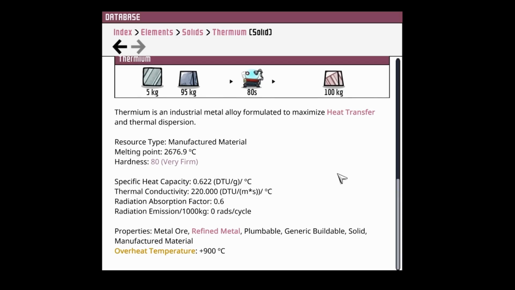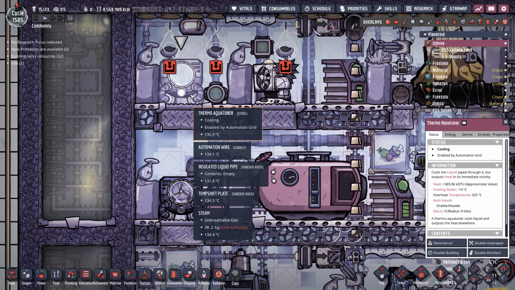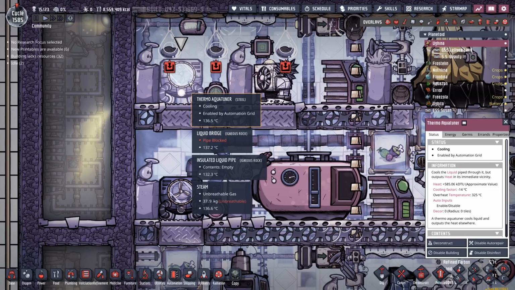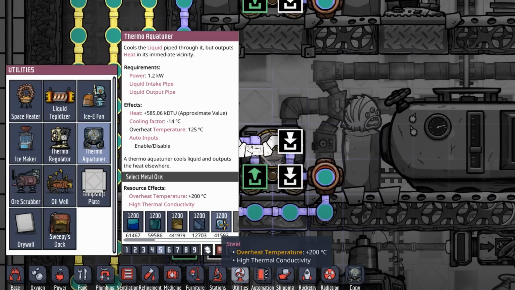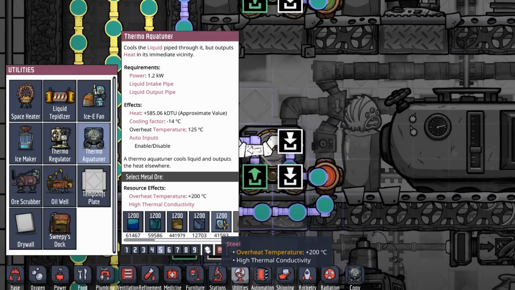The first and probably the most important thing about thermium is that its overheat temperature is plus 900 degrees. This makes it incredibly useful as a very late game tech. The reason why is because you can do things like use a thermal aqua tuner to create heat. And whereas steel gave you an overheat temperature of plus 200, thermium's plus 900 allows you to get very creative